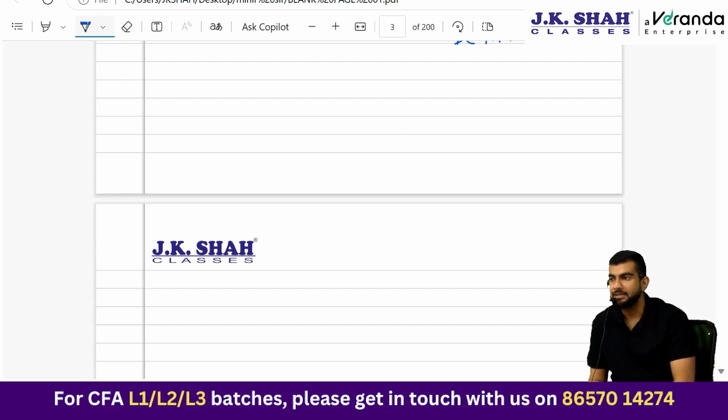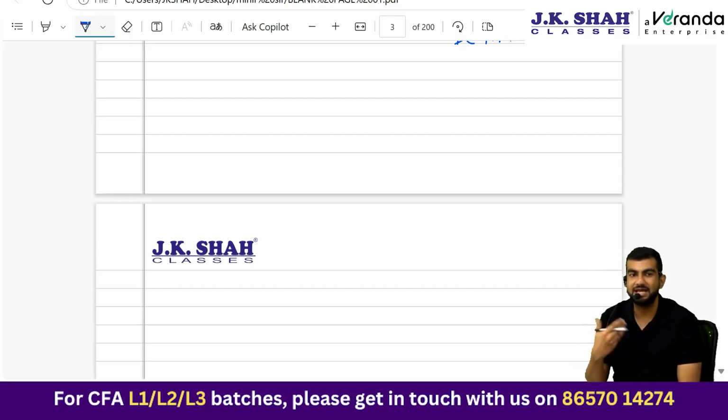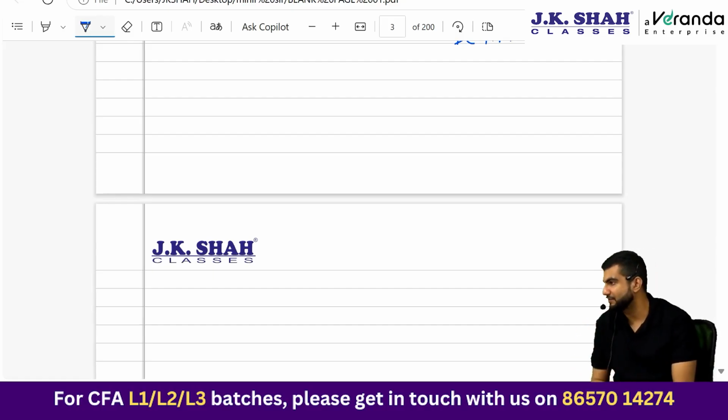Okay. Then the most important part of this chapter that we had discussed was when a company invests in shares and bonds of other companies, what is the accounting treatment? US GAAP, three possibilities: held for trading, available for sale, held to maturity. Now when I discuss equity shares, in US GAAP only one treatment is allowed, held for trading.